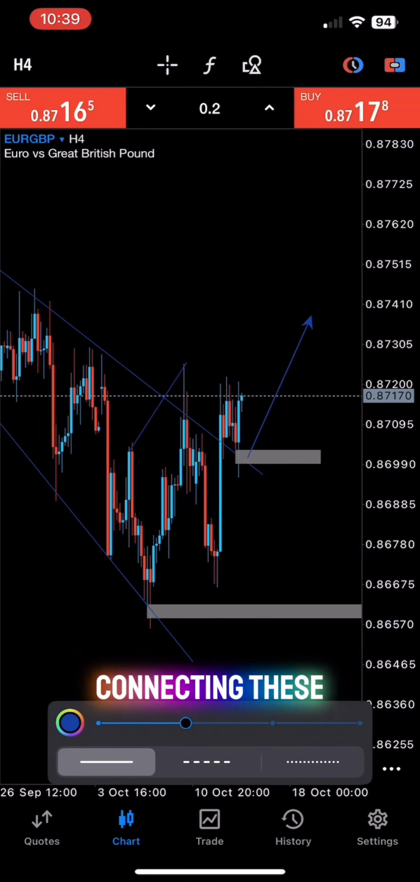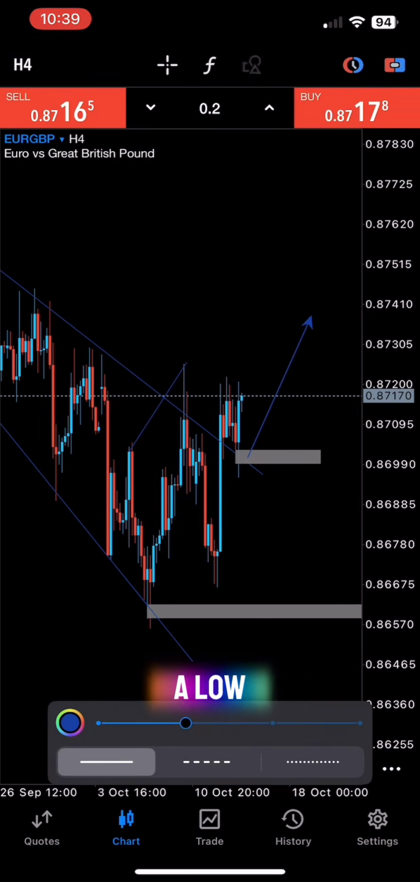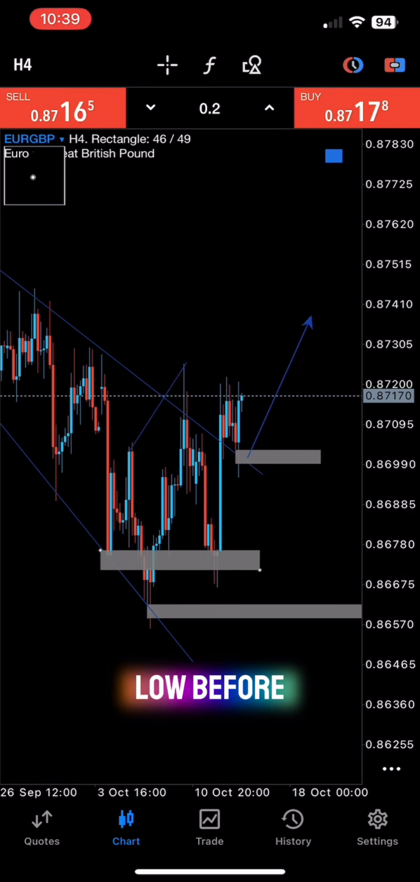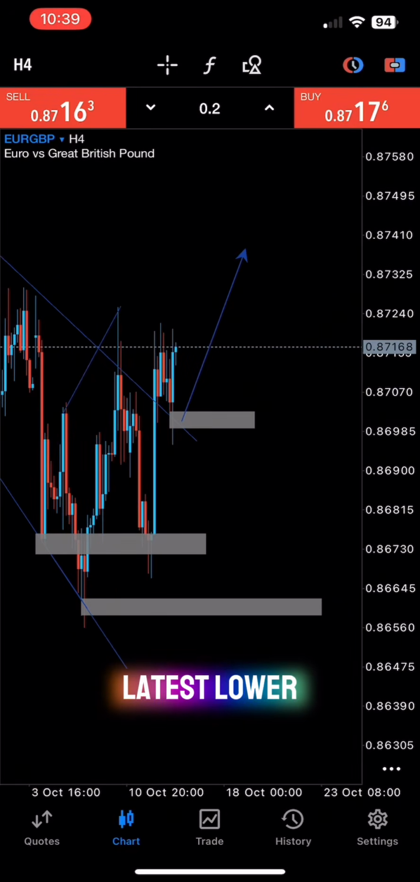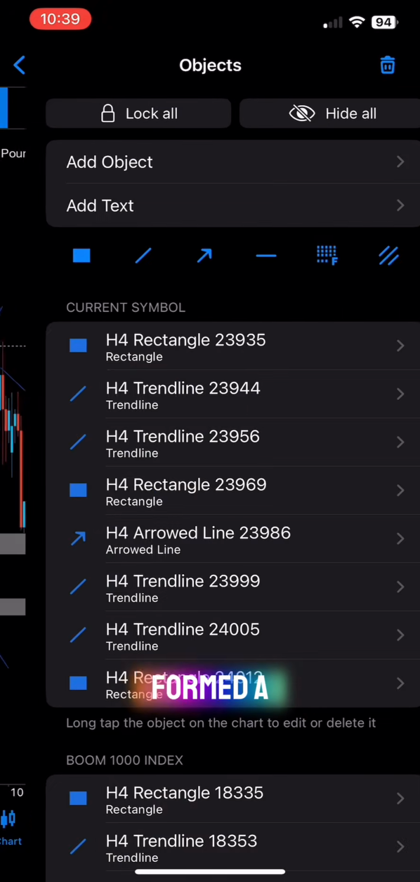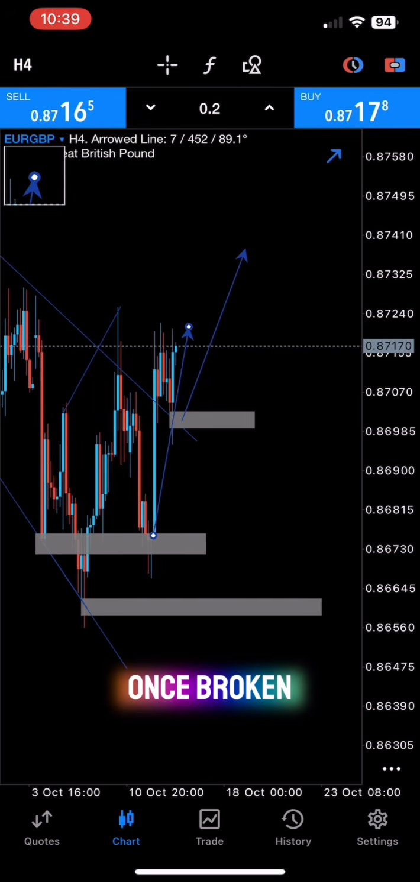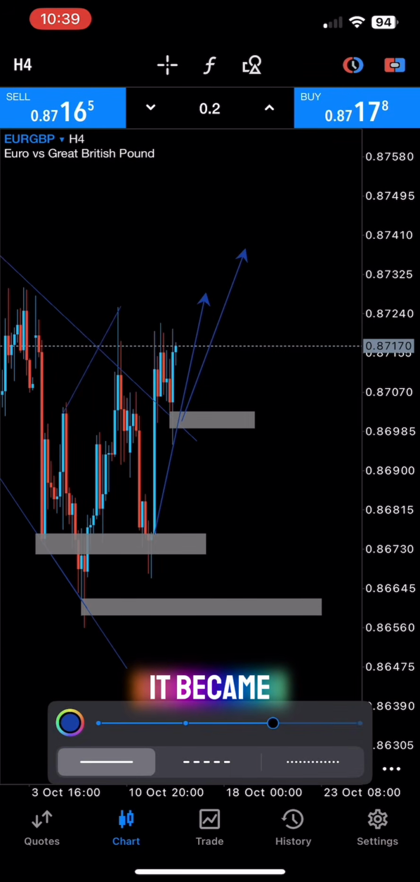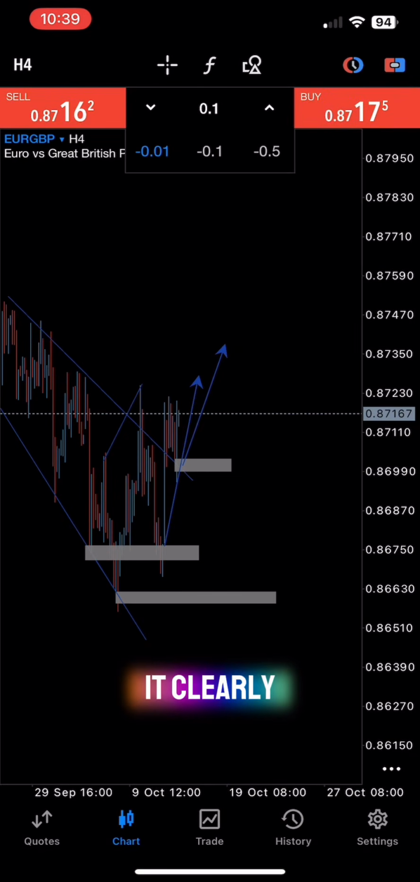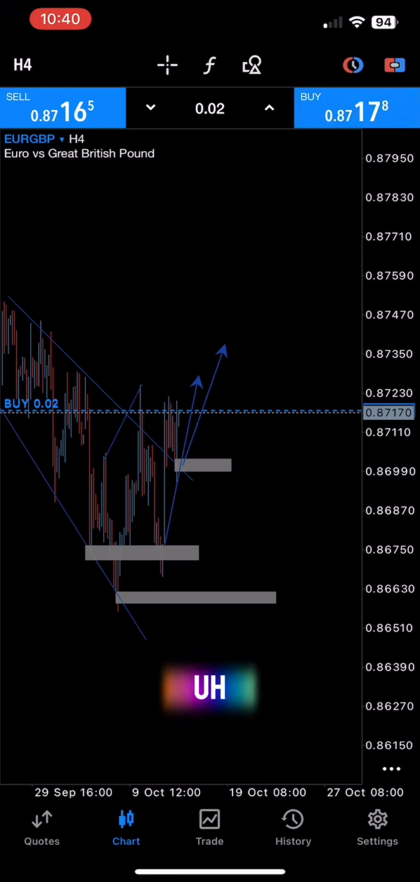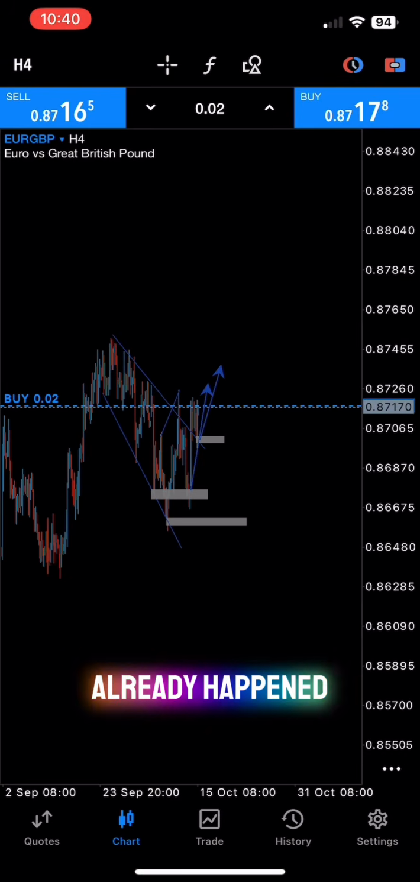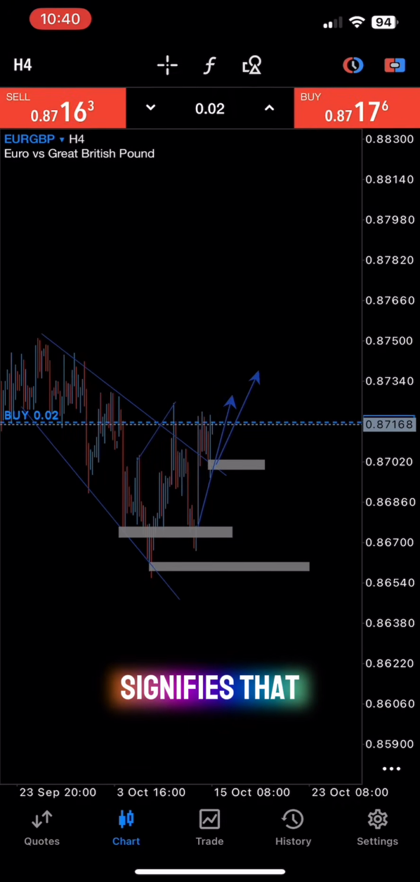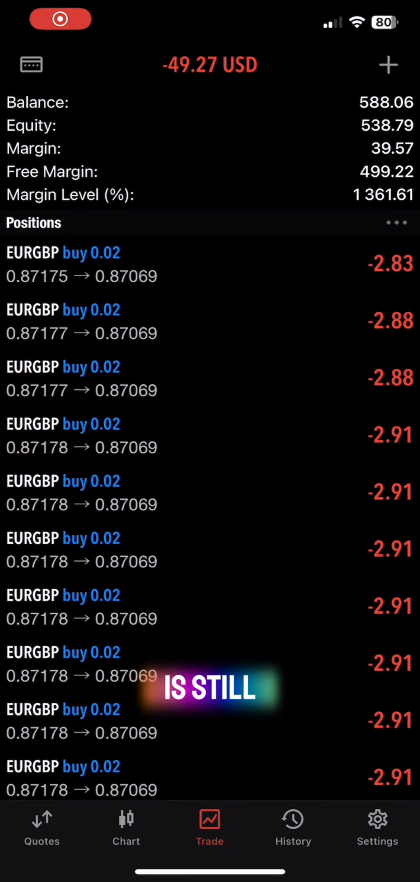So after connecting these lows, at the point where there was a low, there was a previous low before the latest lower low, the market formed a support that was once broken to become resistance, and then it became support again. So at this point, it clearly signals that it has formed a Quasimodo pattern, right? So you know how to trade a Quasimodo pattern, but then this pattern wasn't that powerful because it has already happened, right? But then it clearly signifies that the market is still in a bullish